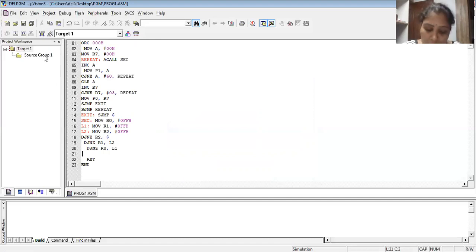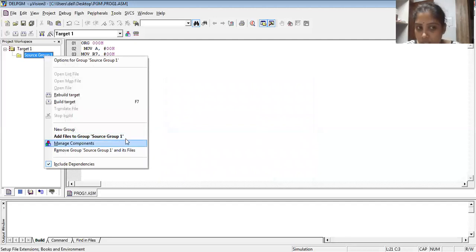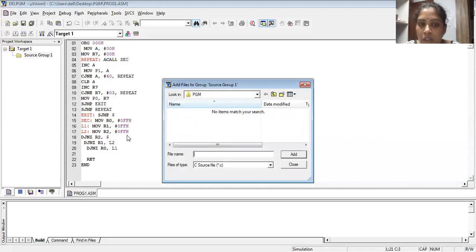So you have to go there, just right click on that one. That will give you an option called add file to group source, add file to group with the name source group 1. So you have to just click on that. What exactly it will do is it will open up the file which has to be added to the source group. So your file, whatever you have just saved, will not be visible to you,